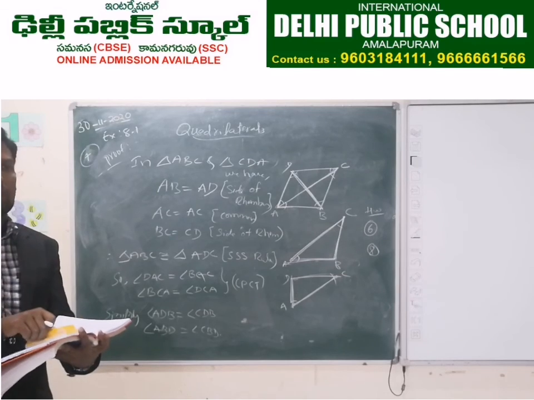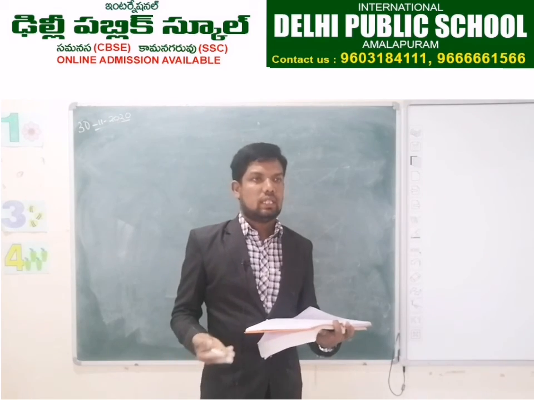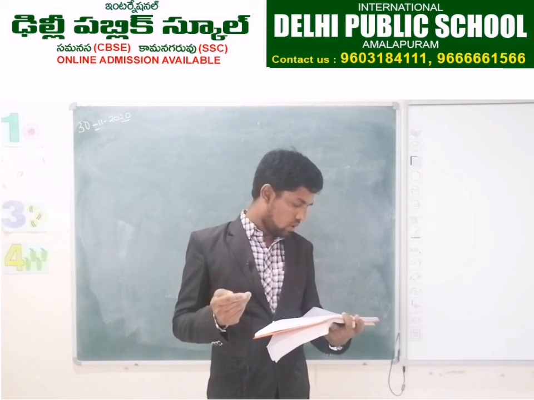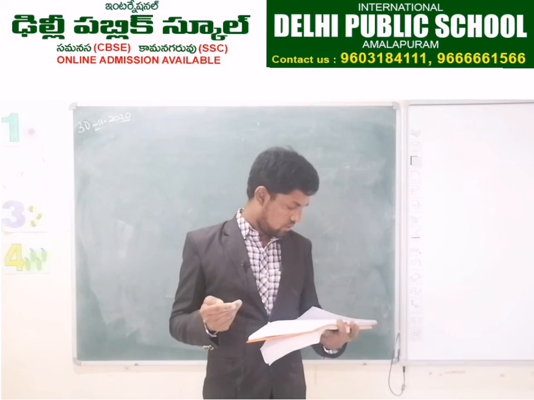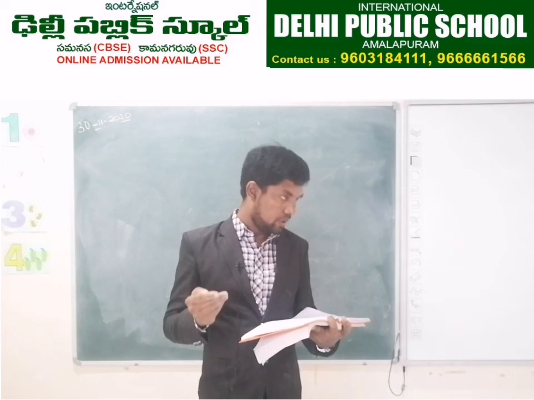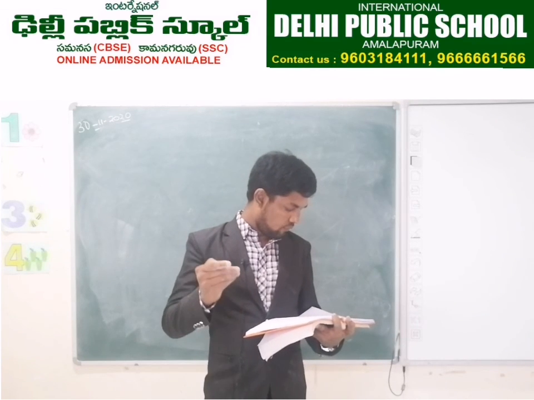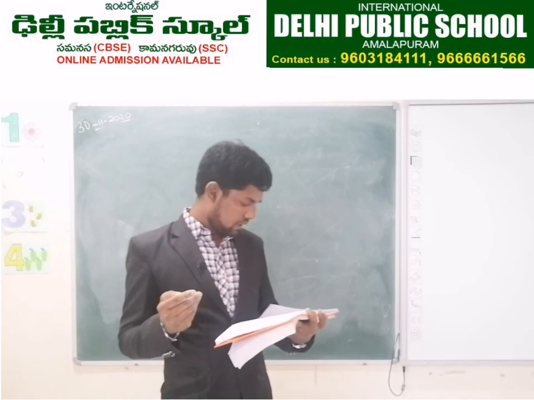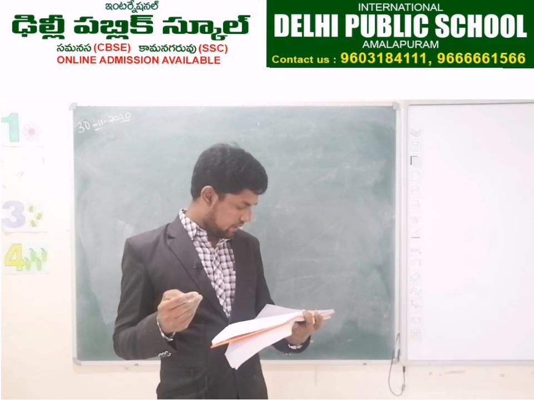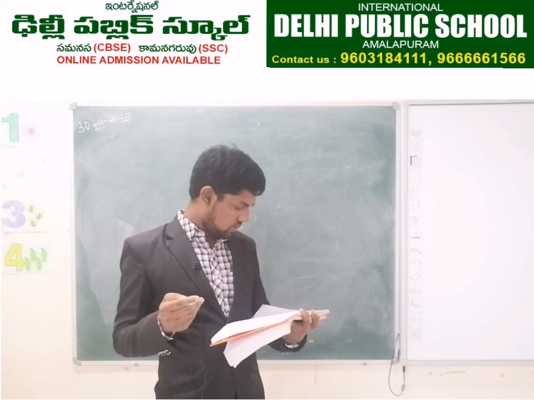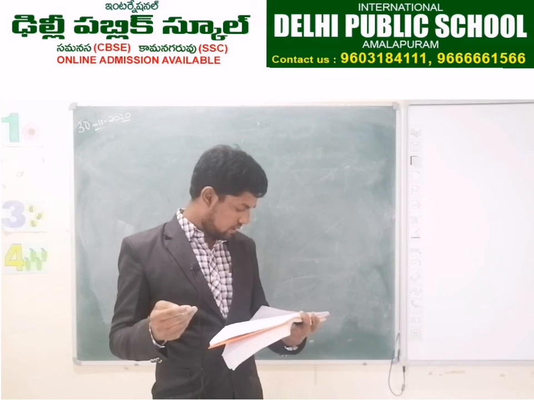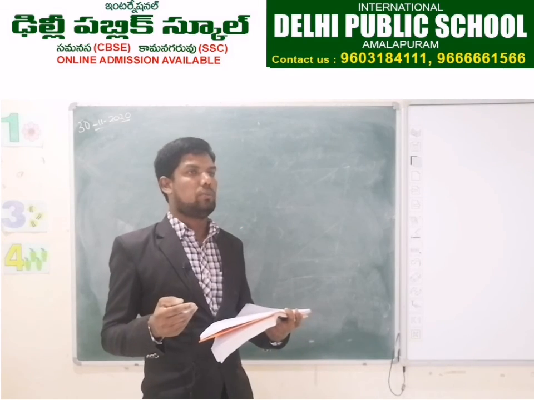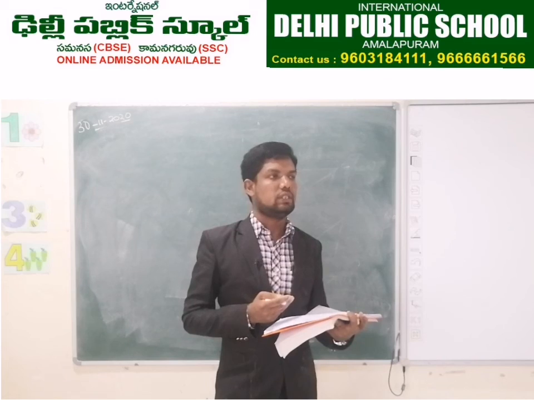And 9th question, write down the 9th question. Okay, so see here the question number 9. In a parallelogram ABCD, two points P and Q are taken on diagonal BD, such that DP is equal to BQ. Show that, there are 5 conditions they have given: triangle APD is congruent to triangle CQB, and AP is equal to CQ, and triangle AQB is congruent to CPD, AQ is equal to CP, APCQ is a parallelogram. Clear? These are the 5 conditions we have to prove.